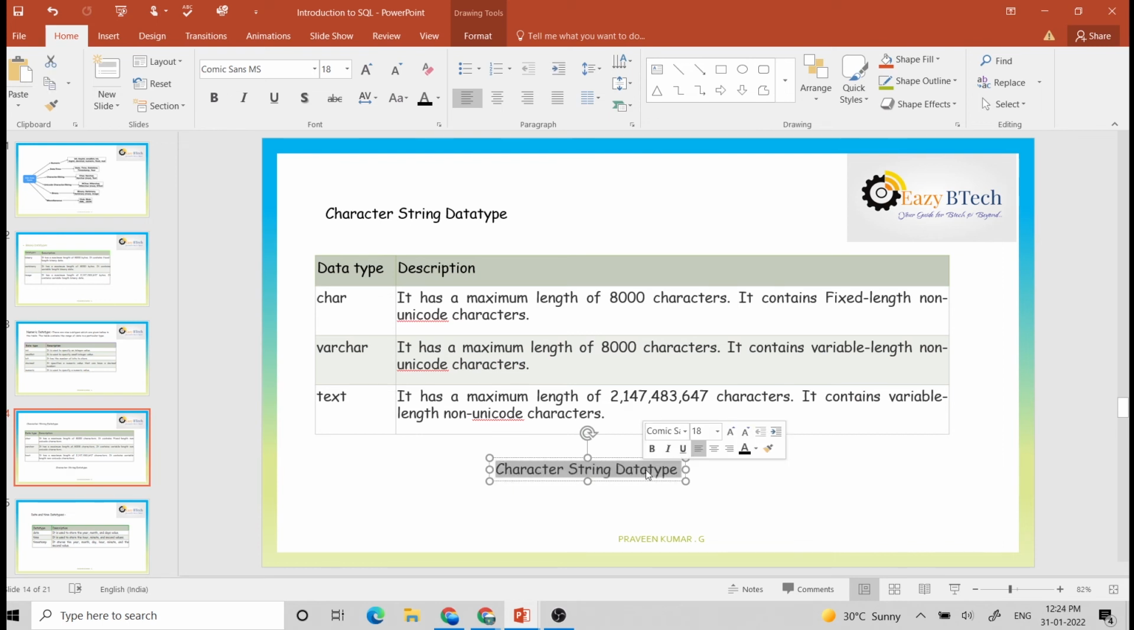Suppose here you are declaring a variable 1, and the value is some Eazy Btech. This is declared as a char. The second variable 2 also has Eazy Btech, with the variable being varchar. What is the difference between the first variable and the second variable? What is the maximum size? The maximum size is 8000 characters. It can allocate a total of 8000 characters in the first situation for variable 1, whereas variable 2 is a